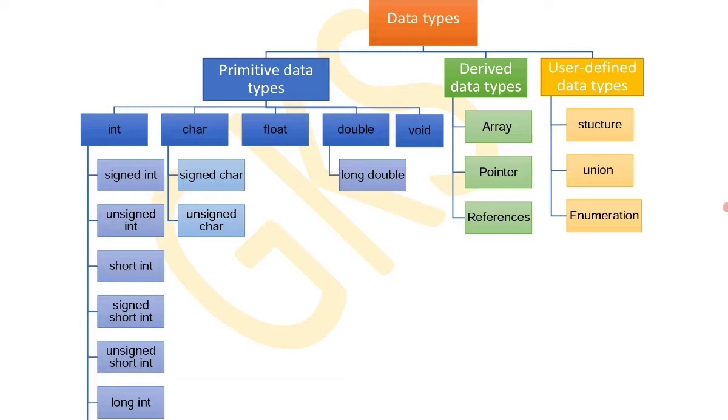Next are signed short integers and unsigned short integers. So all these are the different types of integer or int data types. Generally int or integer data types are used to define or give various